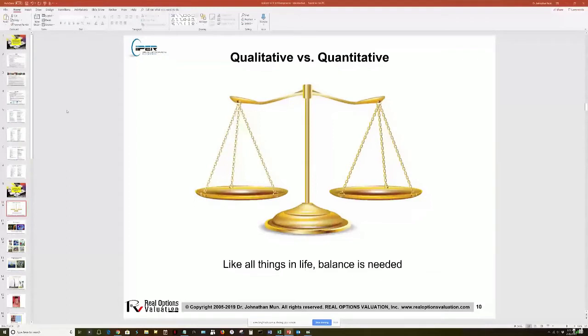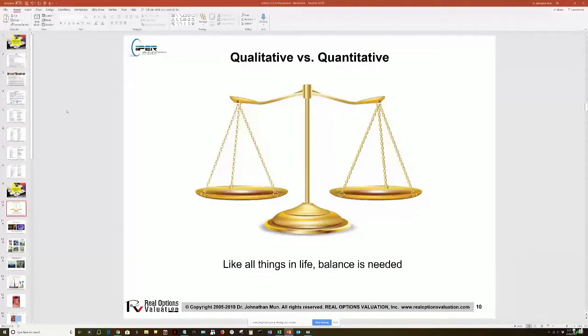So it's a little bit more difficult. But if you have the purely quantitative, and you're making decisions just based on numbers without looking at the gut feel, without looking at the strategic, overarching methods, without looking at your experience personally, that's also a very dangerous type of environment because it's garbage in, garbage out. So to me, it is a balance, and a balance, just like in life, is required.